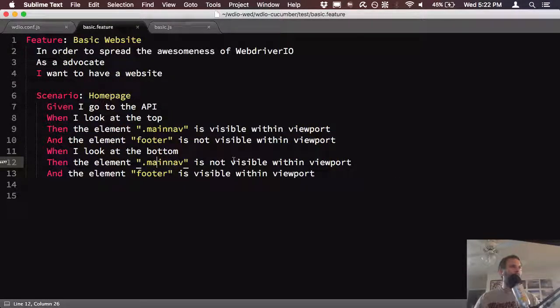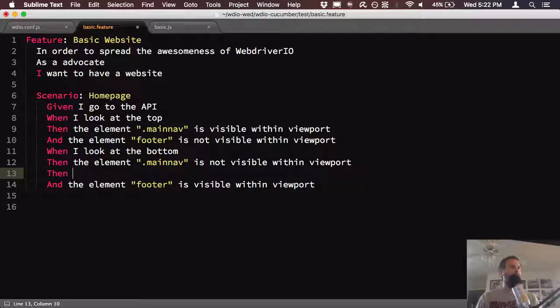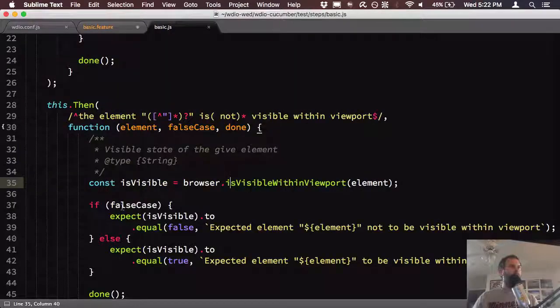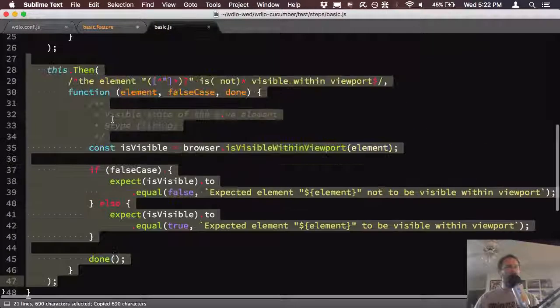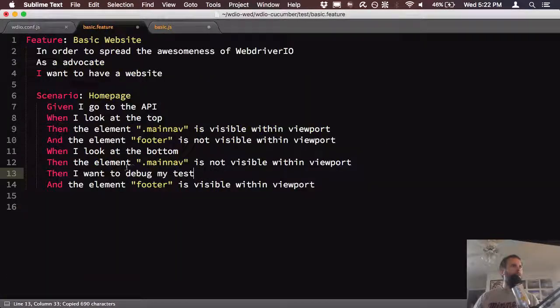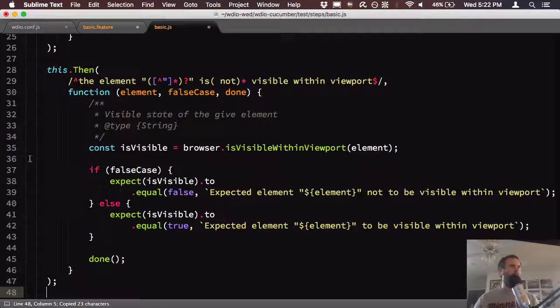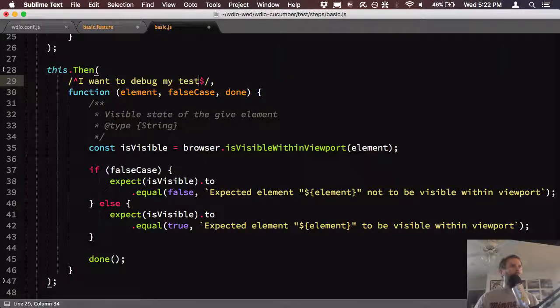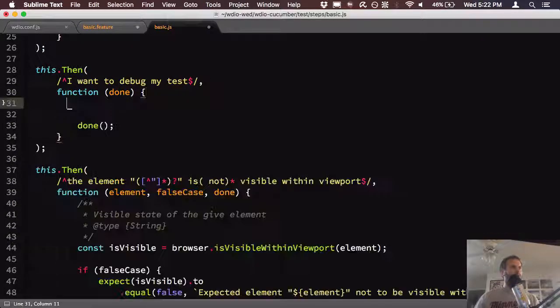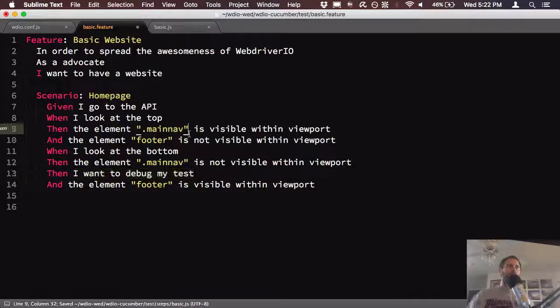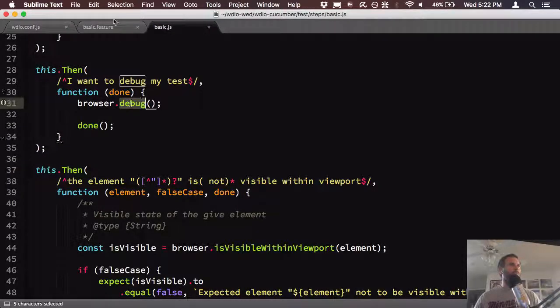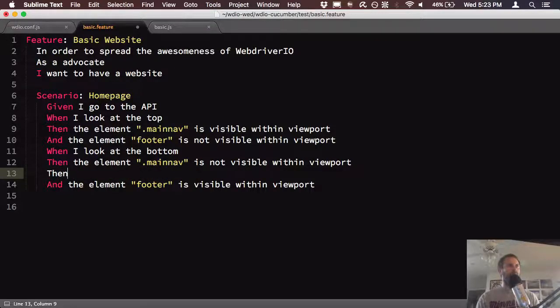You could probably write a this.then function, then I want to debug my test. And then in here we would say, I want to debug my test. I don't really care about any of this. And do browser.debug. And let's try this out real quick and see if this works. So I want to debug my test. That would do that. You could also just say debug if you wanted to make it a little bit shorter,